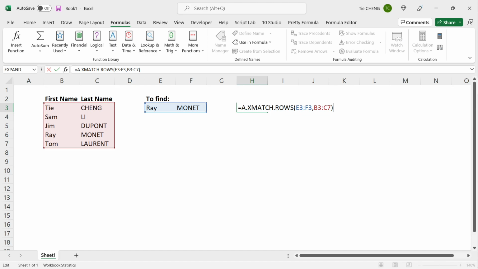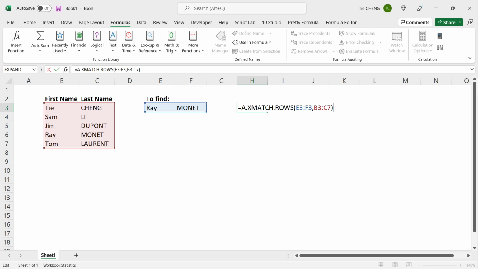AutoExcel aims to continue to extend functions in this category and make functions that can be easily used to address different real-world use cases. For instance, built-in XMATCH and XLOOKUP always search one single value in an array, whereas a.xmatch.rows and a.xlookup.rows provided by AutoExcel can search one row in an array.